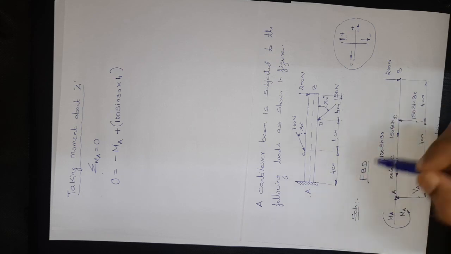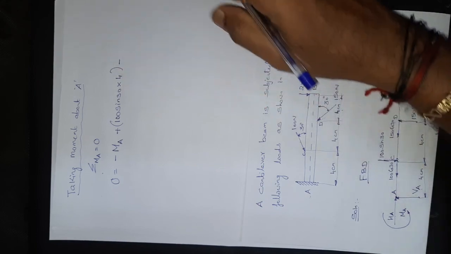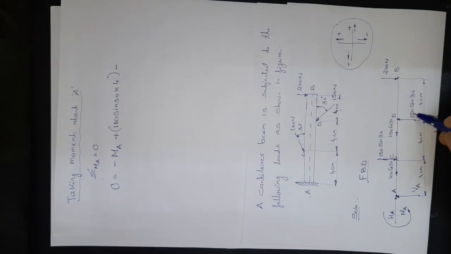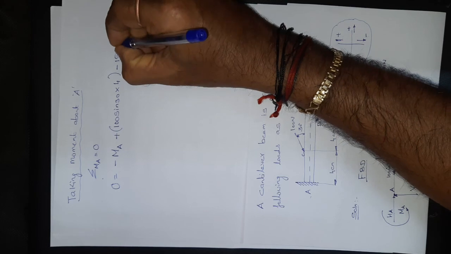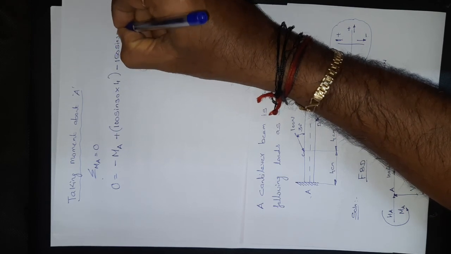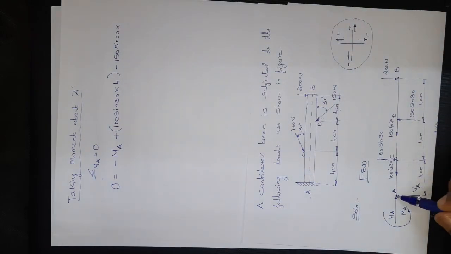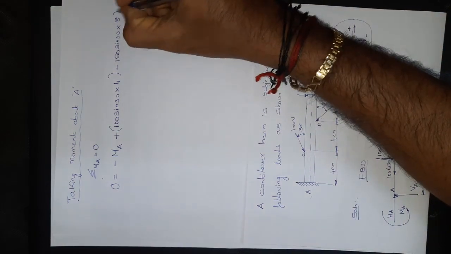Right. So let me just move to point D, wherein two forces are acting at point D. The horizontal force doesn't have any perpendicular distance from the origin A, therefore this becomes 0. And you consider the vertical force which is acting vertically upwards, therefore it tends to move the object in the anti-clockwise direction, which will carry negative sign, isn't it? At the magnitude of 150 sin 30 into its perpendicular distance from the origin. So from the origin A, 4 plus 4, which is 8.